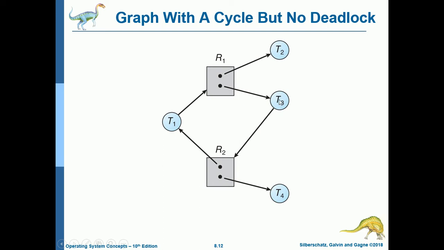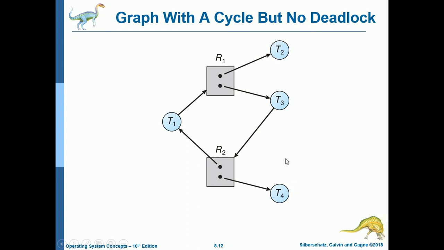Does T sub 3 hold a resource held by T sub 4? Yes. But does T sub 4 need a resource that is held by T sub 1? Actually, no. So, though this example has a cycle, as you can see here for T sub 1 and T sub 3, it does not have a deadlock because it does not satisfy the requirement of deadlock characterization, which is circular wait. And there is also no deadlock, since if T sub 2 and T sub 4 finish